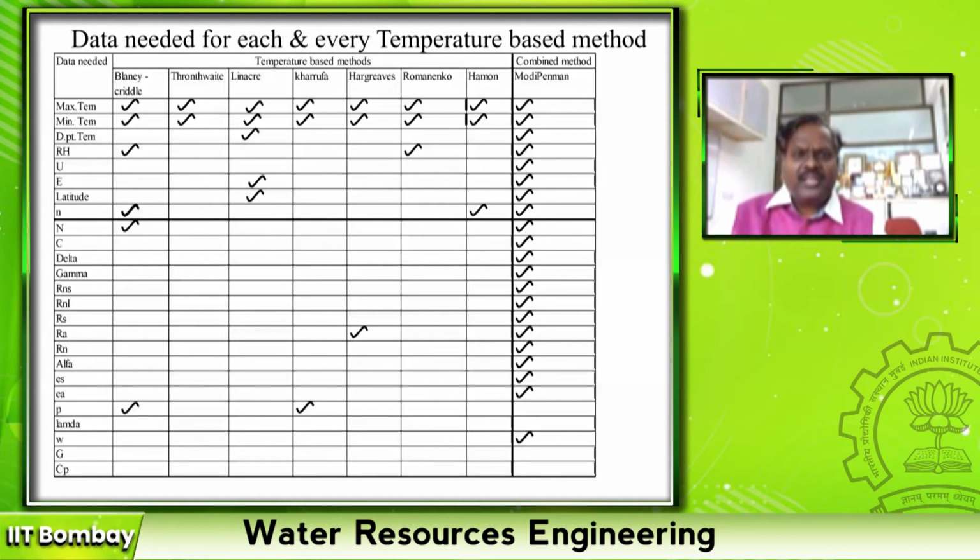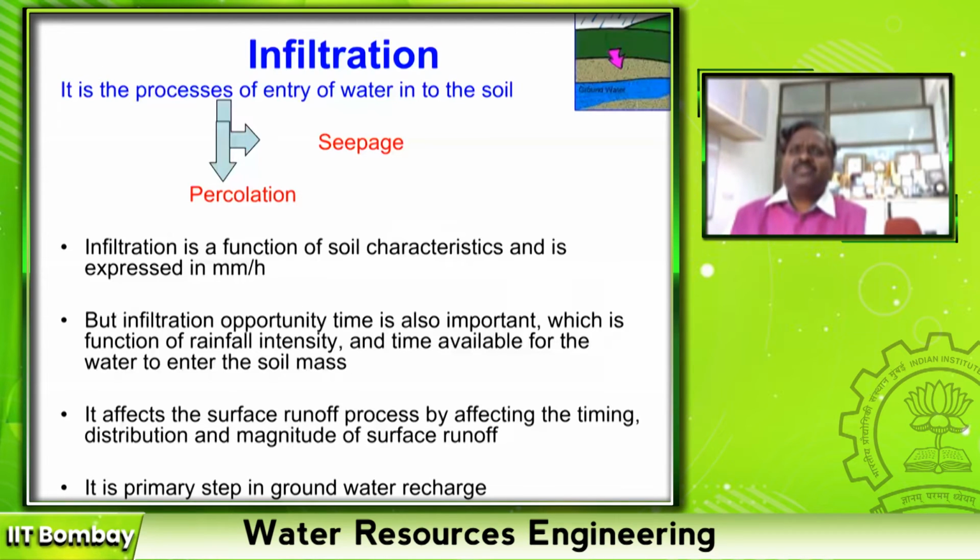Right? So this is another important hydrological process, which is the major input for agricultural engineers. If they don't know how to estimate evapotranspiration, or crop water requirement, they cannot do anything, right? Then the next important abstraction, or you can say loss, is infiltration, right? Infiltration is just the process of water entering into the earth, that's all.